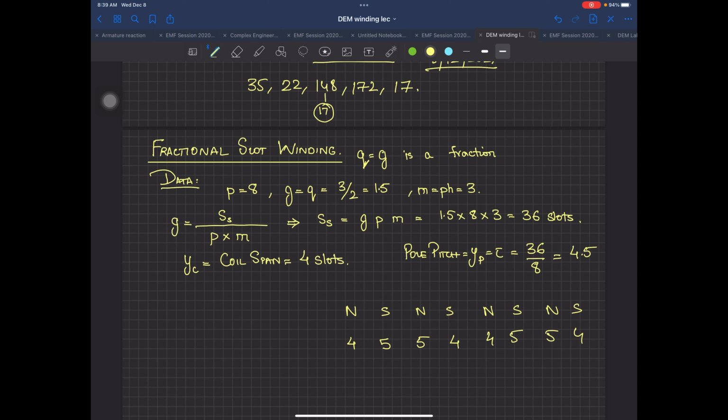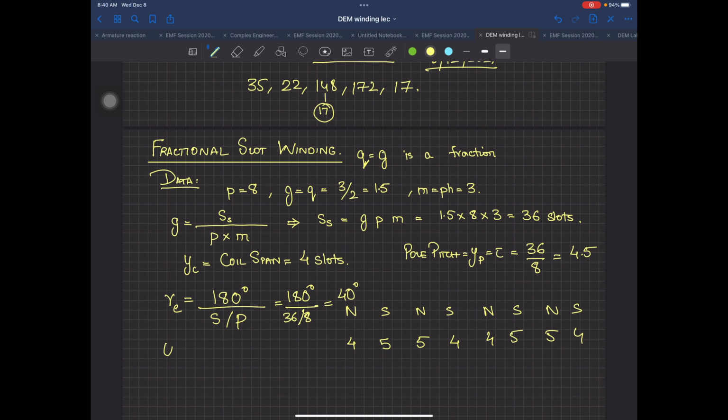Okay, now I have everything detailed over here, and a few things which I can find out. This gamma comes out to be 180 degrees divided by, what was the formula? Anyone can remind me? S divided by P, so this is 180 degrees. This was the electrical angle, so the number of slots is 36 divided by 8. Hamza, please give me the calculated figure. Yes, that's correct, confirmed. How much is it? 40 degrees. It's an 8 pole machine, so that's why you are getting that.